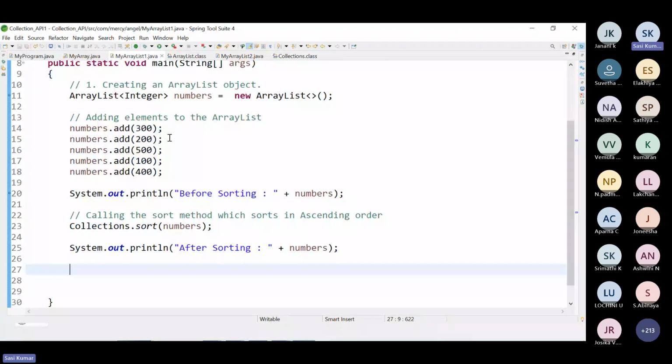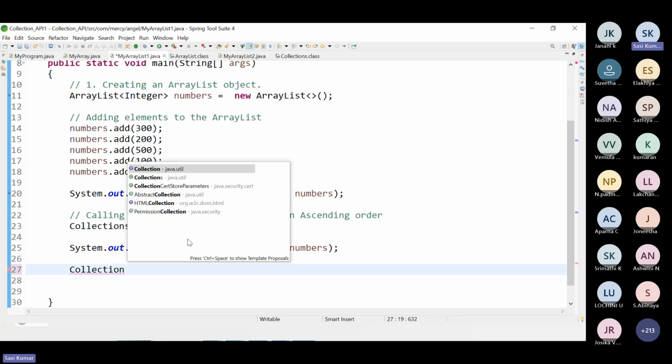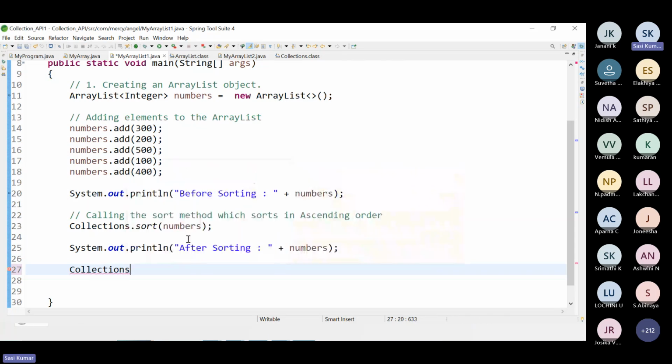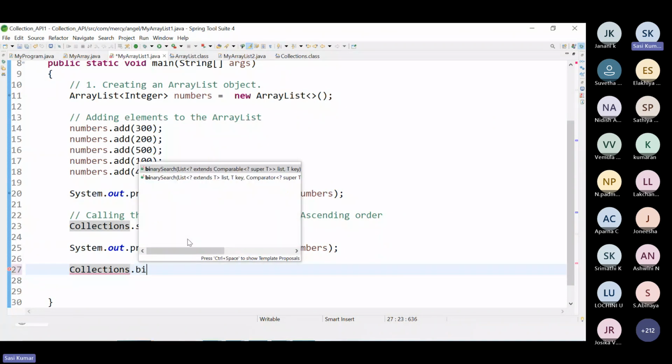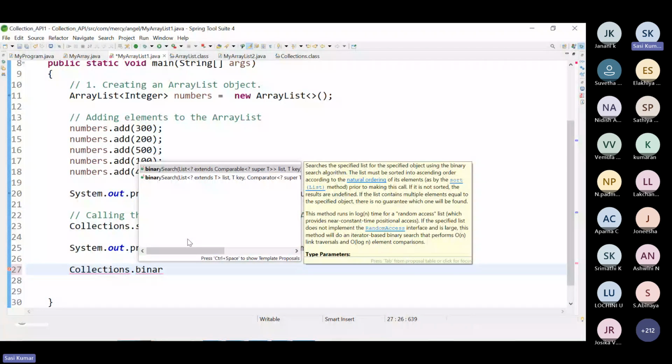How to do it? Simple. Again, we are going to call Collections. This method is available inside the Collections class. What is the method name? binarySearch. See the editor, you need not type completely. When you type BI, automatically the list pops up. This is the benefit of using IDEs.